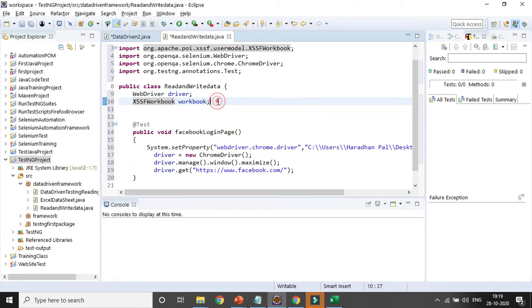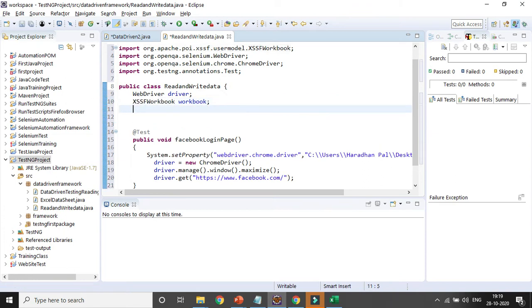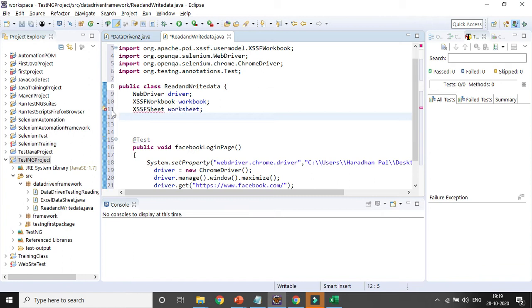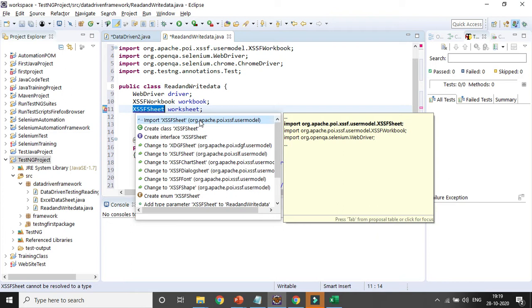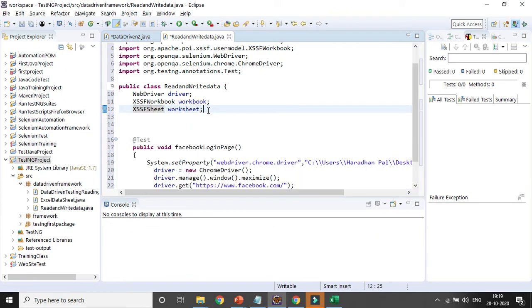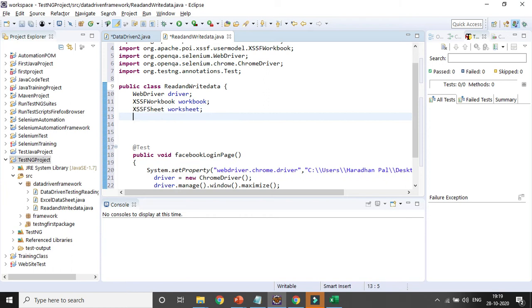Then I will create the worksheet. So XSSFSheet, and I am creating the variable called worksheet. I also need to import XSSFSheet from the org.apache.poi.xssf.usermodel package. Then I will create the variable for the cell, so it will be XSSFCell. You do not need to remember this.